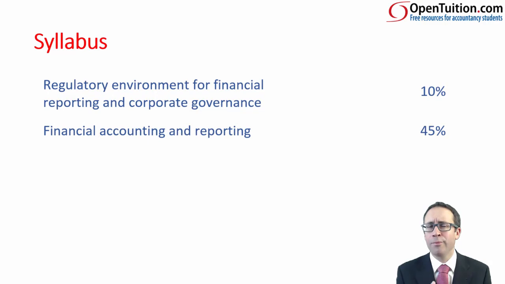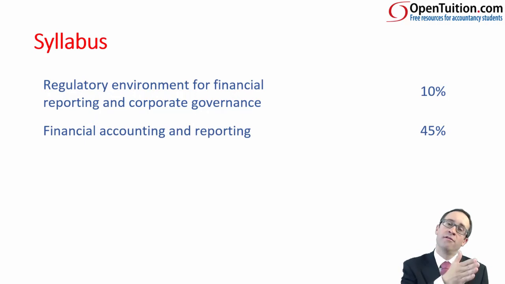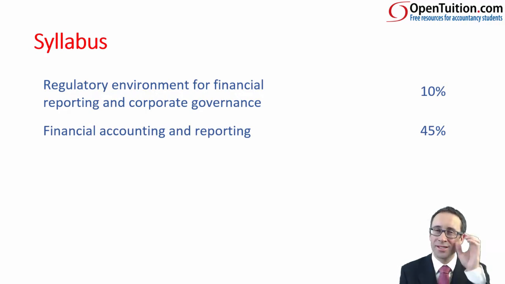Just don't be put off by the fact that there are only 3 chapters within it. Those 3 chapters are quite large, so there is quite a lot of detail to get involved in when it looks at group accounts. It's also important because the group accounts that you learn here in F1 feed into what you see in F2. It advances that knowledge ever so slightly. As we said, 45%, I think that's 27